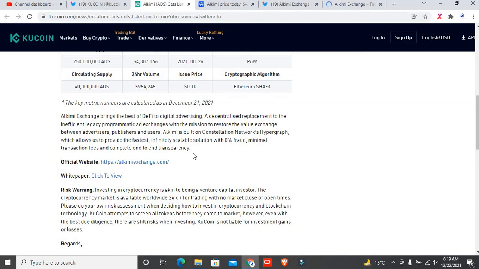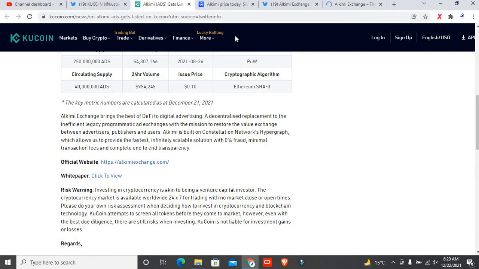Because whenever we search about any coin or token, first of all we study it, because we don't want to lose our funds. We always want to search for projects that already have some potential in the future.